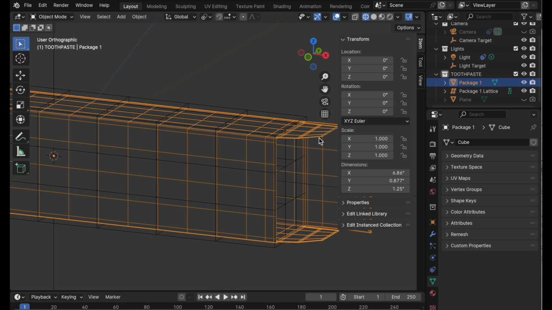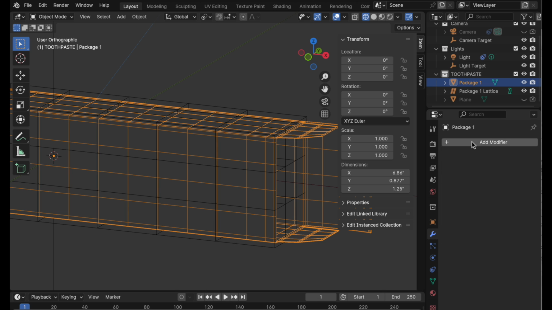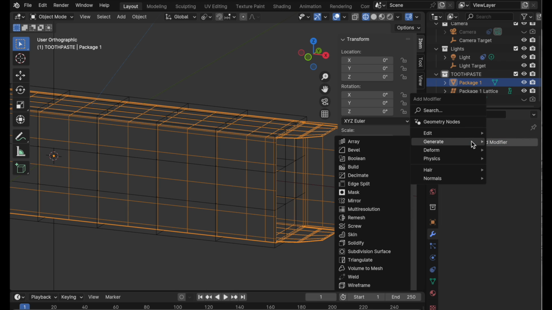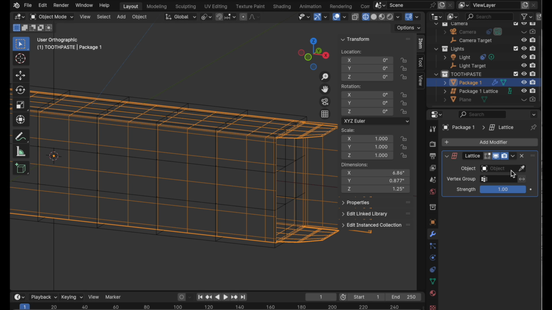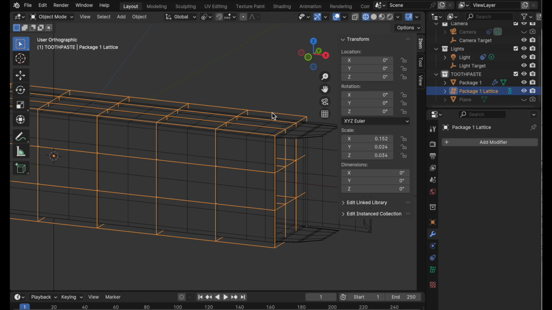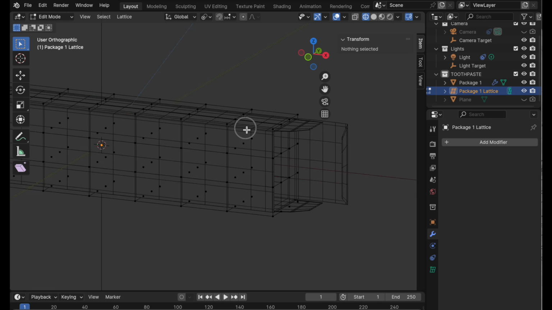Now we need to come over to the package itself, the geometry, and we need to tie in that lattice. So we come over here to a modifier under deform. There we go. Let's add a lattice. This is a modifier that tells it to specifically attach itself to that lattice. Now we haven't deformed it yet, so let's come over here to the lattice itself, press the tab key, and